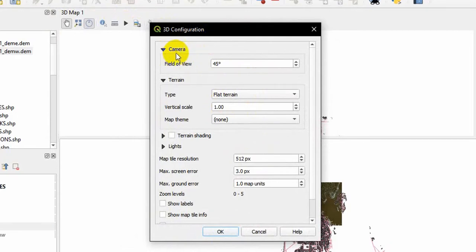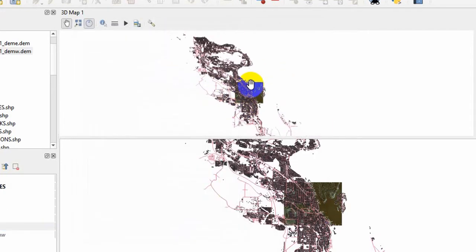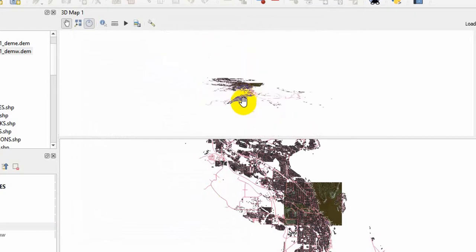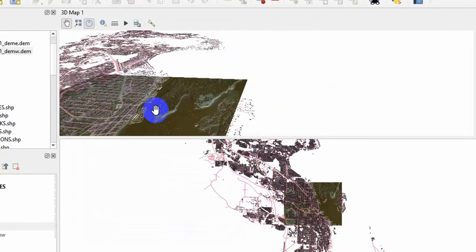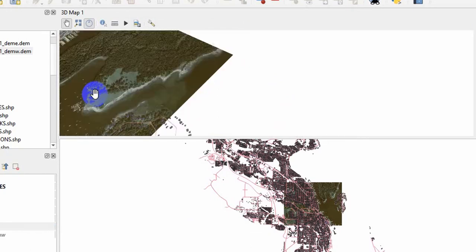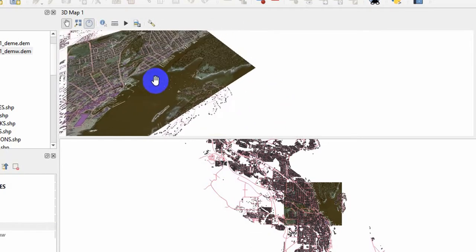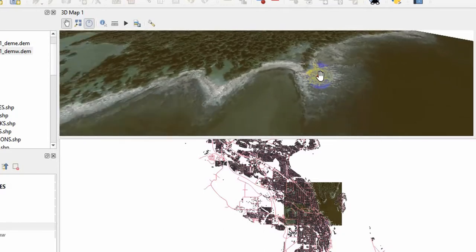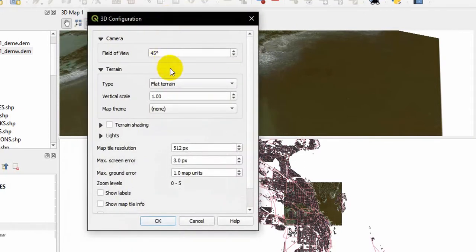Right, so first thing, the camera. You can actually change the field of view, the camera view. Let me show you. You can use your mouse button, right? You can change the way you are looking. Zoom in, and you can actually change. Right click, and you can play with these things. Right, I'm going to zoom out. Click your middle mouse button and zoom in. Right, now you are familiar with different angles, so go back to this configuration option, and the most important thing